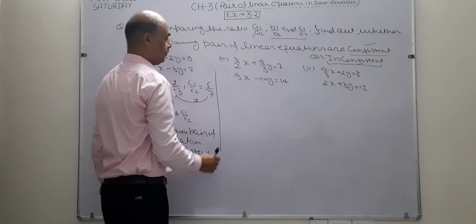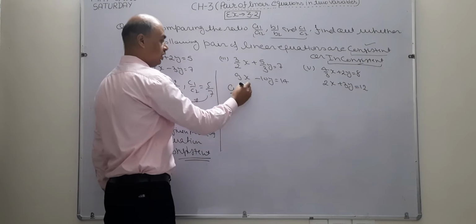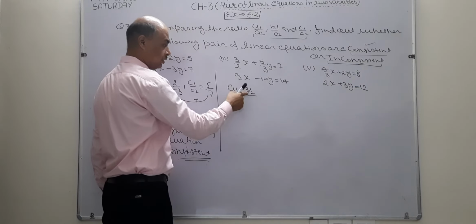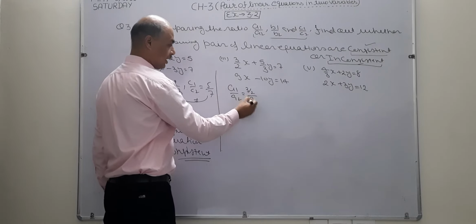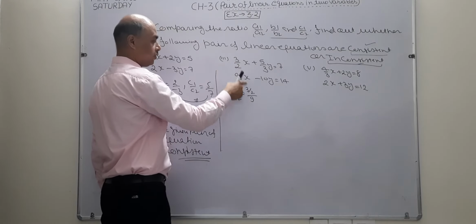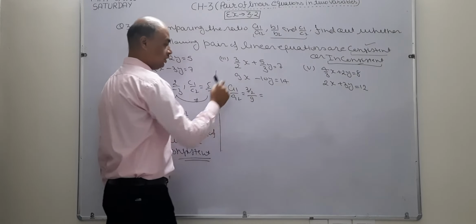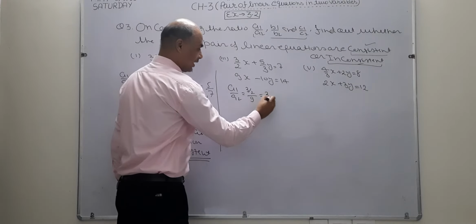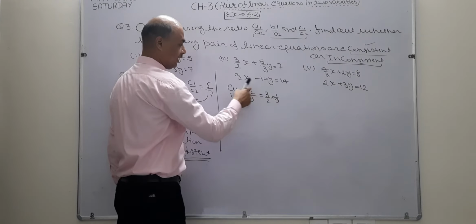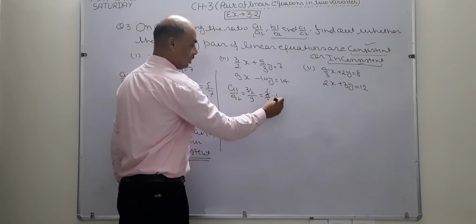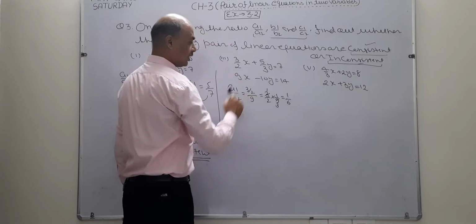Okay, now see its second part. Second part means third part. Now I am going to find its A1 by A2. What is the value of A1? 3 by 2. I write in this way. A1 value is 3 by 2. What is the value of A2? 9. I write here 9. Clear? A1 is 3 by 2, write like this, and A2 is 9. Now I want to solve first these two terms. 3 by 2 I can write in this way, and 1 by 9 I take separately. 3 1s are 3, 3 3s are 9. Now 1 into 1 is 1, 2 3s are 6. Answer of A1 by A2 becomes 1 by 6.